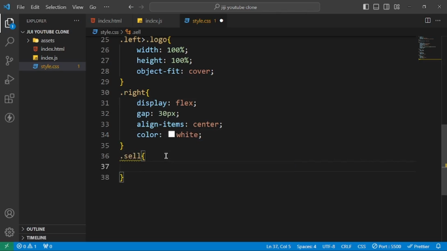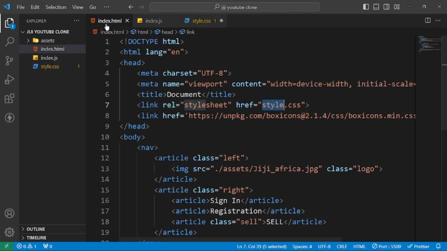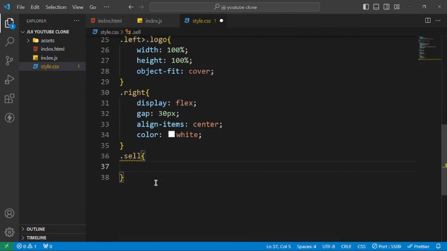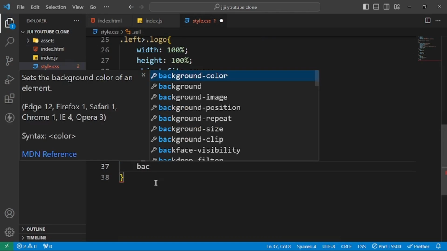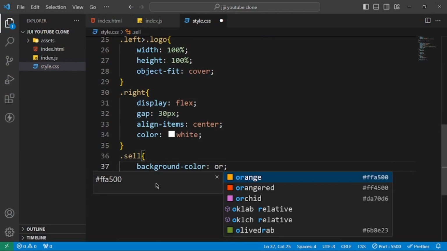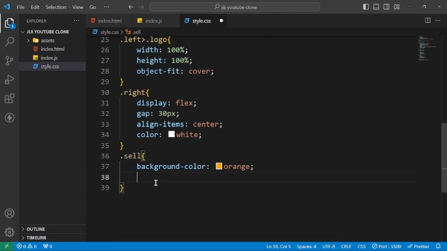As you can remember, the cell is the button we have in our HTML. It has a class of cell. As you can see here, the button has a class of cell. So this is what we are targeting. We want to give it a design also. So the first thing I'm going to give it a background color of orange. This is the background color I'm going to use, and then I'm going to give it a padding,